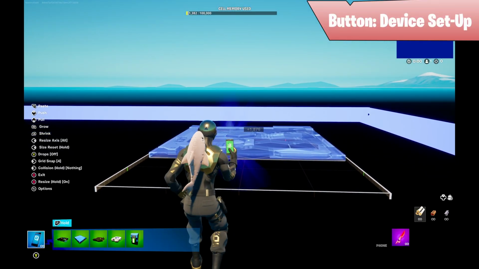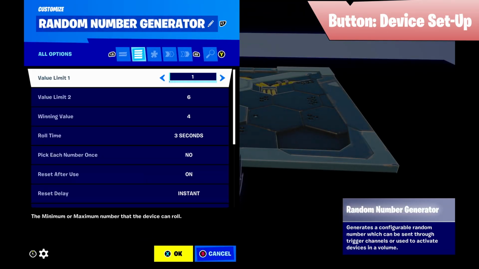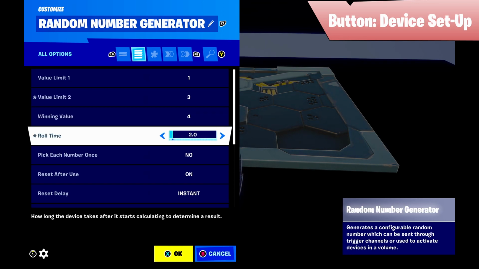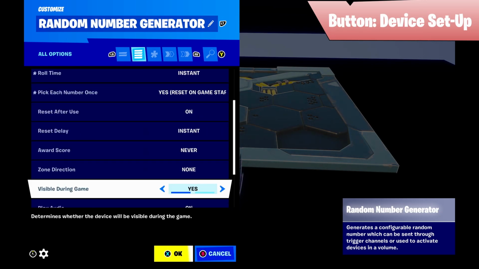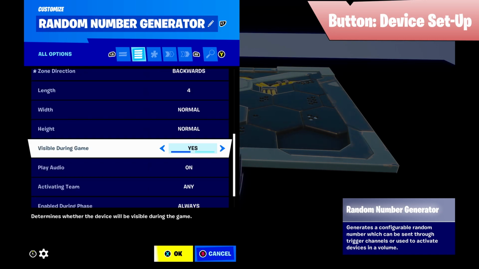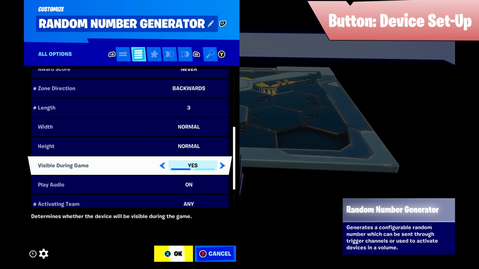For the button device setup, you're first going to want to place an RNG device. Similar settings to the first one. The second value should be set to the number of things you want to vote on. Roll time should be instant. Pick each number once, turn to yes. Doesn't matter which one. Zone direction, turn on. I put it as backwards. And I turned audio off,